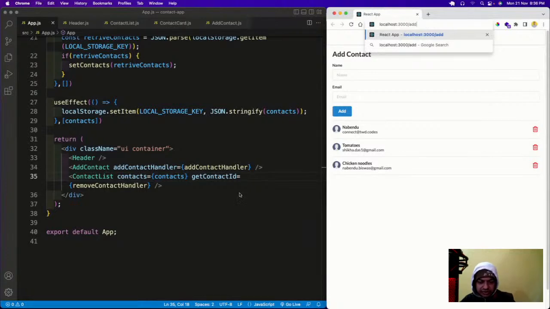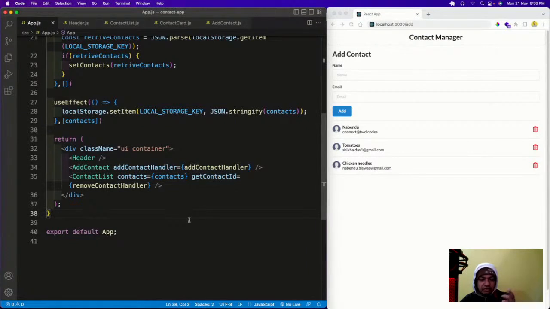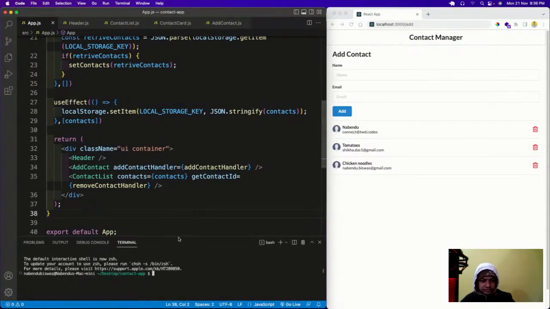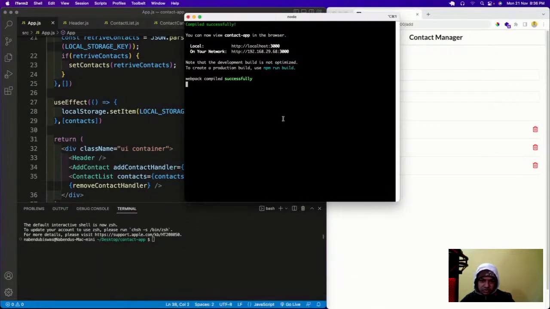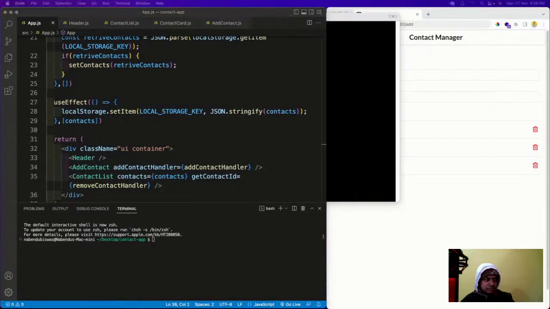One more thing. How do I install this library? Control J will open my terminal, because my app is already running, so I don't want to close it. So in this project I will run npm i react-router-dom